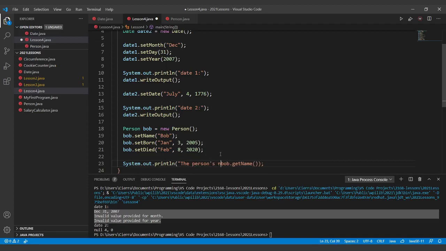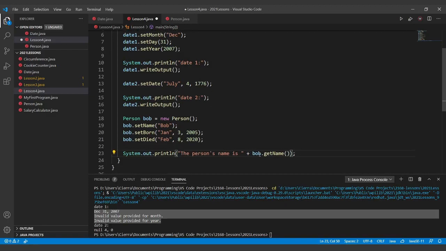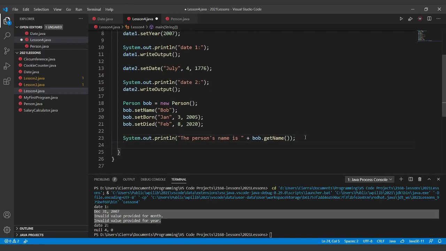The person's name is, and then we can print Bob's birthday is, and then be careful here. If you just do